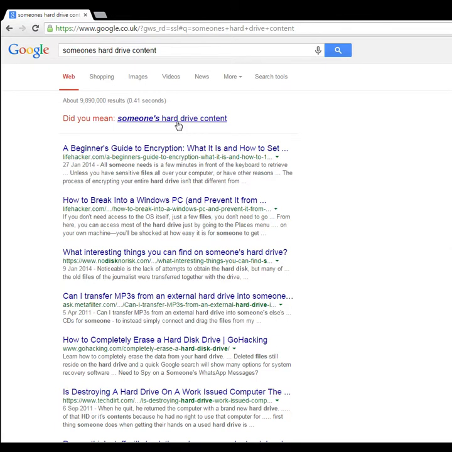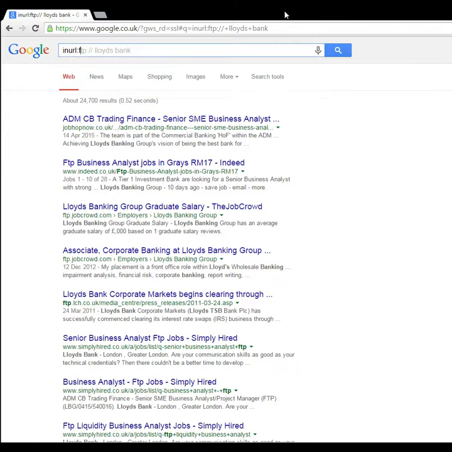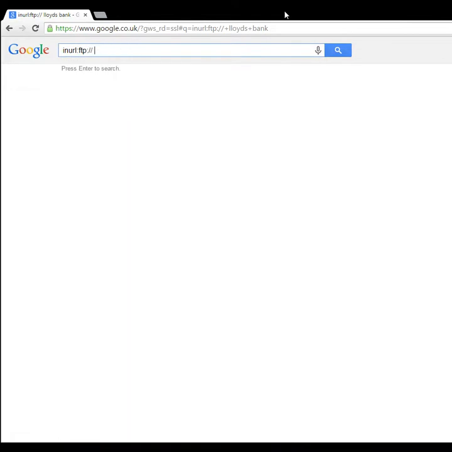To actually understand if people are sharing stuff and find it, there's an interesting or useful command here called inurl. So in URL, there's some examples pop up. You can actually look for things. So you can look for FTP, and what FTP means is that if you actually look in the search bar, there's a URL in the search bar,